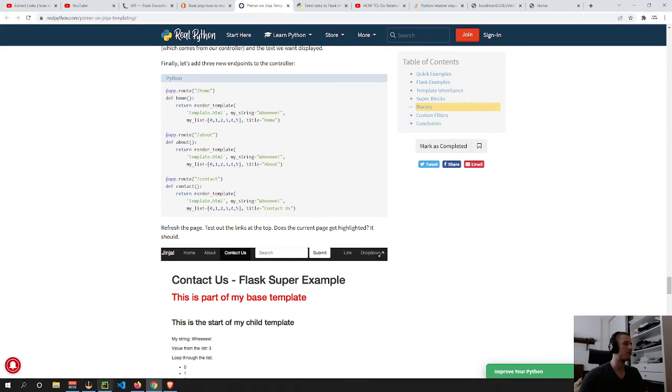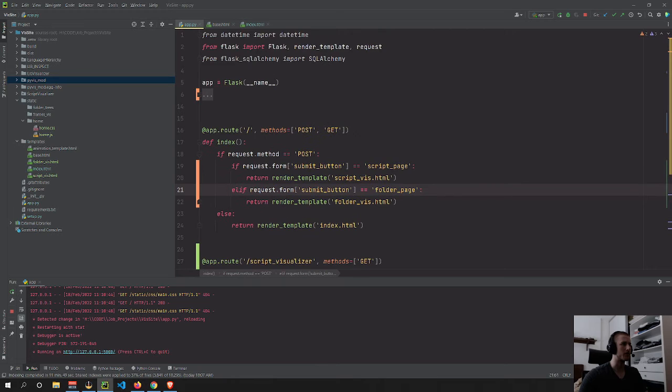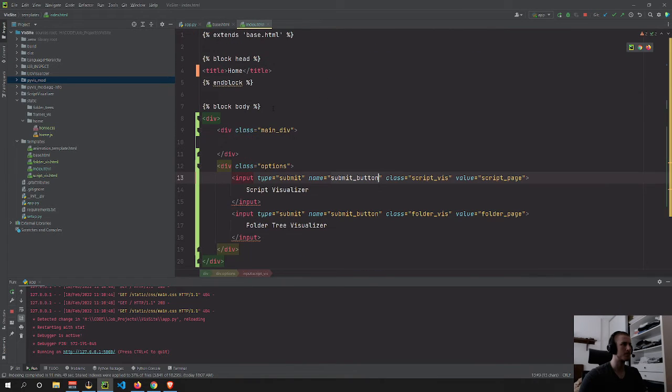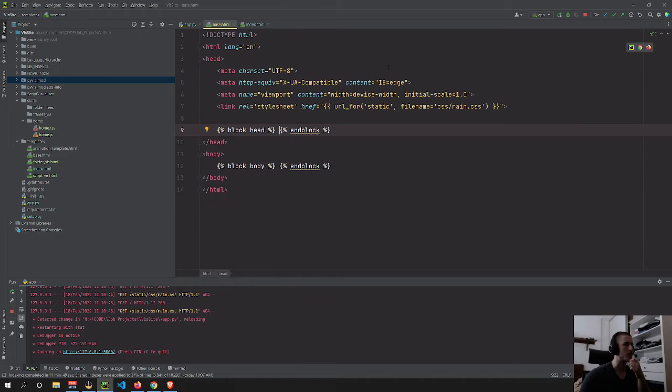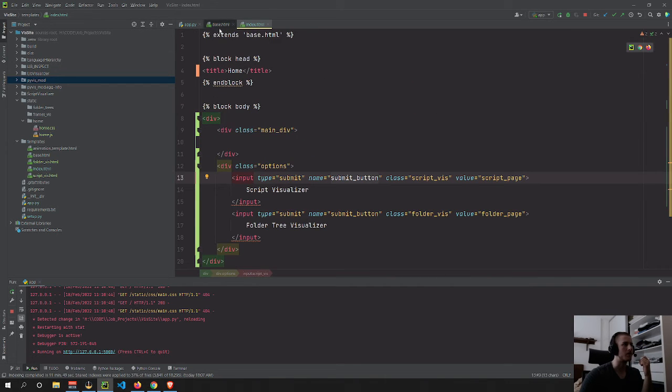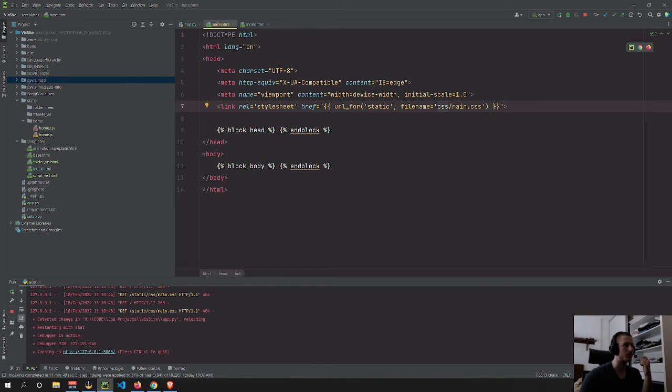And let me link the files before I forget. Oh, actually, now I don't know how I should do that. Oh, so here, because I'm extending this from the base HTML, the code here is gonna be the same,